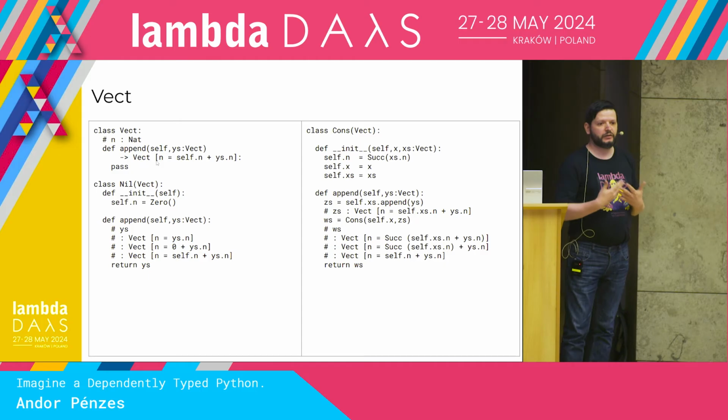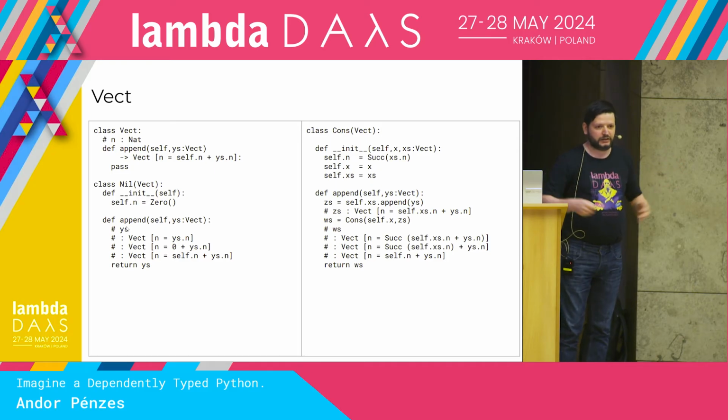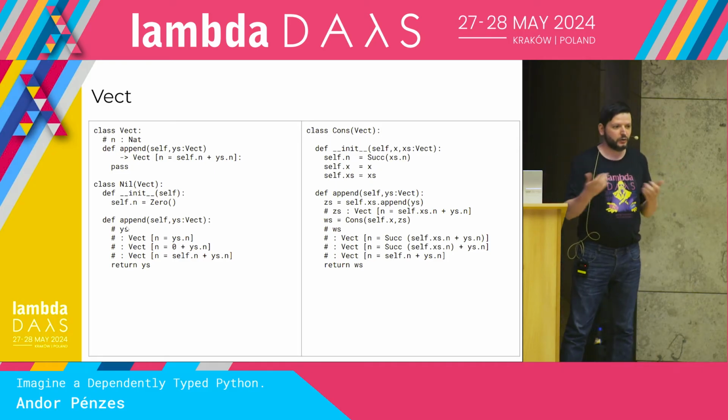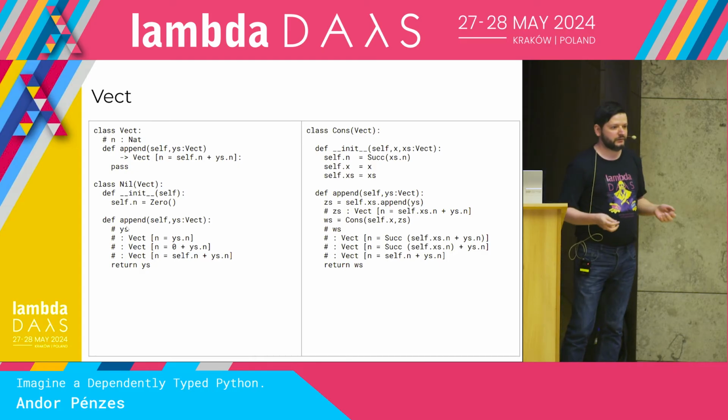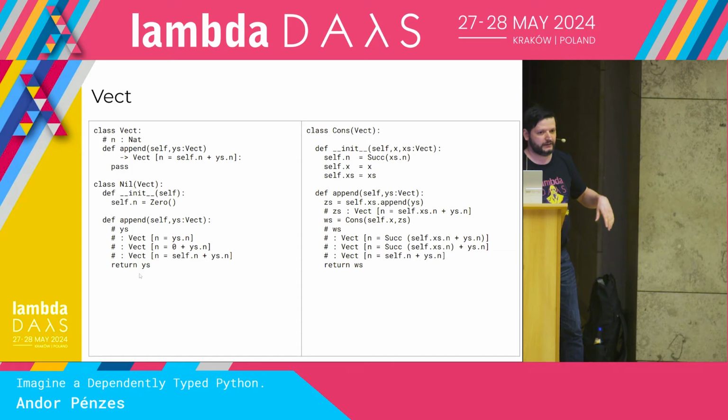And here we have two different implementations for this abstract vector, and one implementation is the empty vector, whose length must be 0, so that's not really surprising. But the interesting part here is how we implement the append function. Here, we simply say that adding an empty vector to any other vector gives just the other vector. So there is no problem, and I can write it easily as a software developer. I can just implement it, yes, so return the ys as it is.